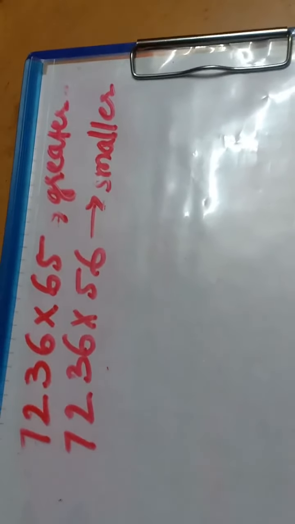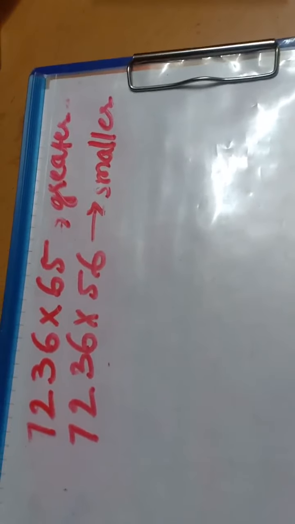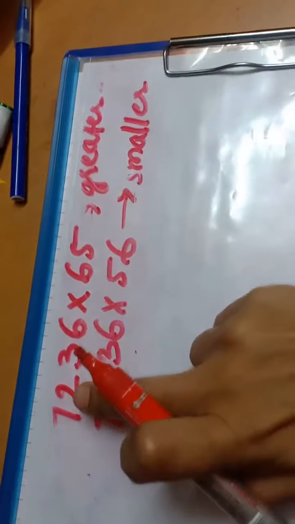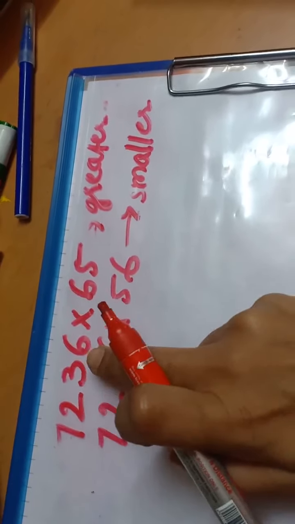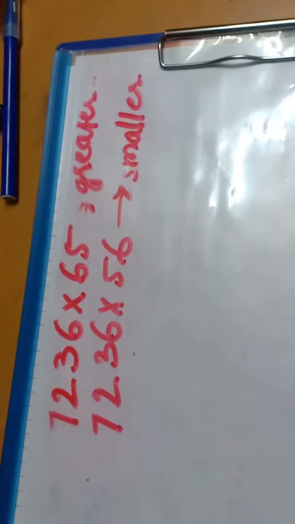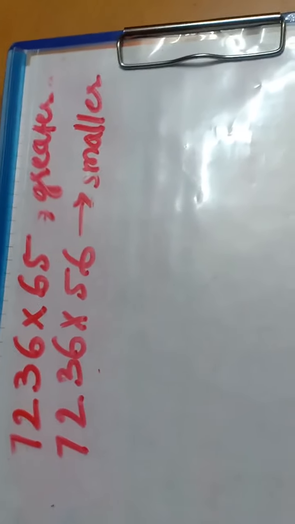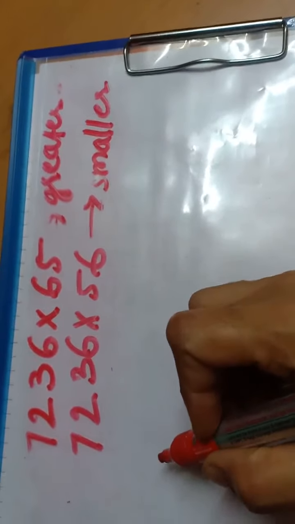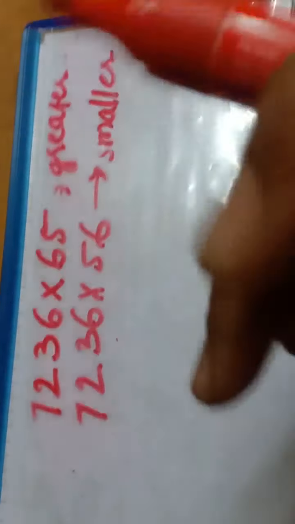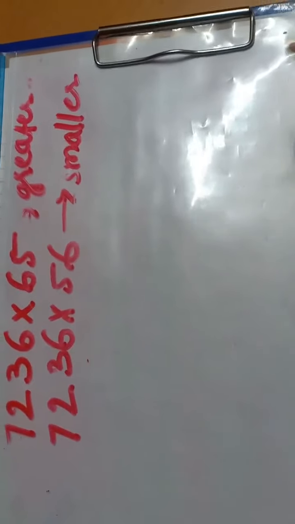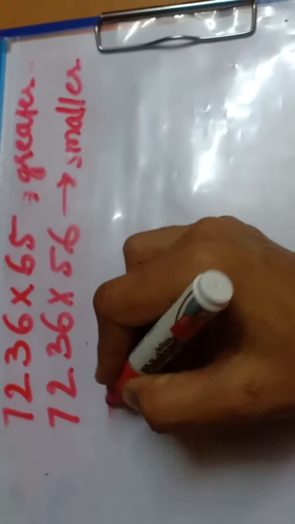So now we have to find the answer. So here we are not going to multiply the numbers individually. Like I will not multiply 7,236 by 65, then 7,236 by 56, and then do the subtraction and find the answer. No, we are not going to do it in that way. Here we are going to use one property which you are going to learn in the next chapter. We have been using this property in smaller classes also, but we did not know the name. Okay. So how are we going to do?